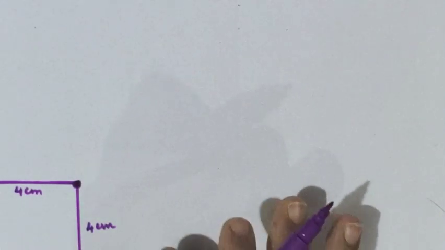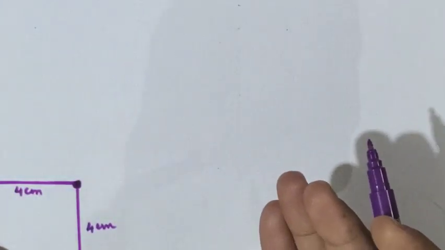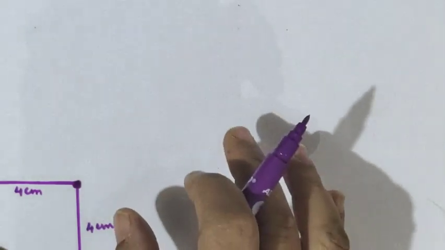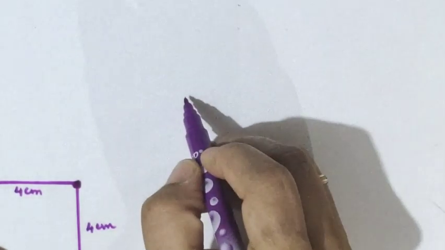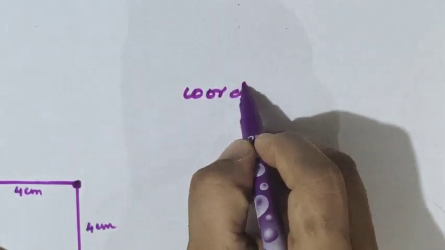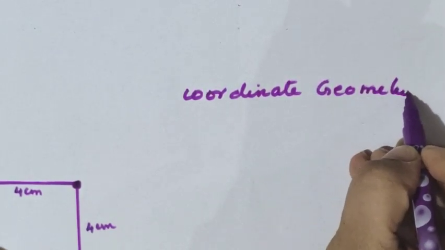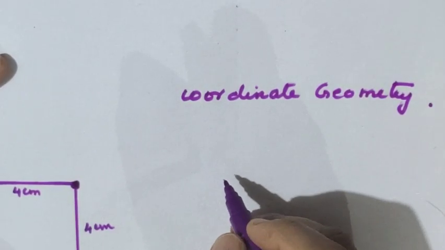So like that, if we are using two ideas, suppose in the previous example, the seating plan, we have used the column and the row idea, and this time we have used the two perpendicular lines. In such a way, if you are using two ideas for explaining a point on the plane, then this idea is developed into a new branch in mathematics, that is called coordinate geometry. This was developed by the French mathematician René Descartes.